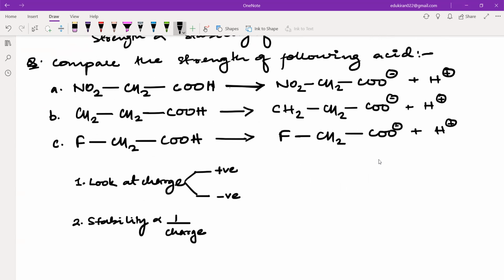Stability is inversely proportional to charge. That means we have to decrease the charge density. Okay, rather than writing charge, I should write charge density, right? You remember now? In the last class, we did all these things, right? Yes. The charge density will decrease. How will it decrease? I can say it is directly proportional to the presence of